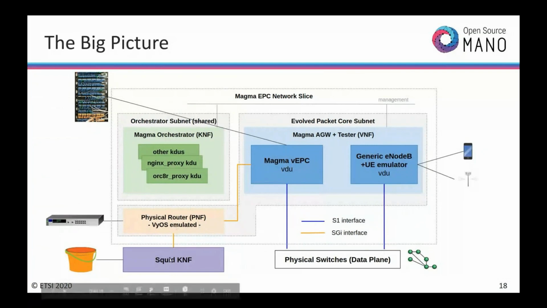It's going to be talking with Squid, which is going to cache content from the internet for us so that we don't always have to fetch the same YouTube video over and over again. All of this is going to be managed by the Magma orchestrator. Sorry, not all of this. All of the Magma components are managed through the Magma orchestrator, and OSM is going to be tying all of